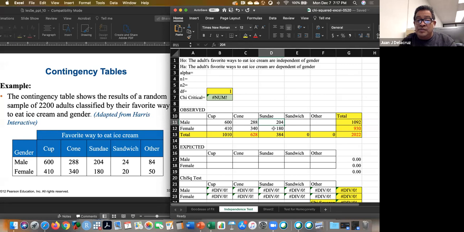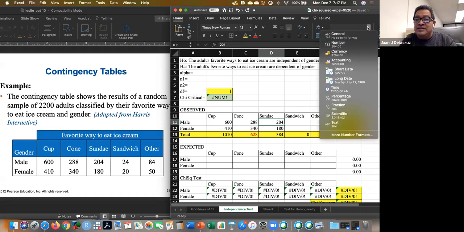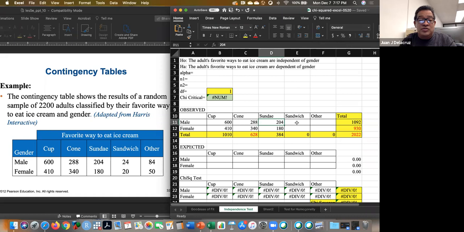okay. So sometimes when you get something weird here, like for example, I type something and probably the cell was recognizing a date. So I have to go to general, to this number. So you are setting up your preference for numbers. So this is general. So sometimes you need the percentage, you need the fraction, the scientific. So in this case, because this is data, I use the number, right? So sandwich 24 and 20, and others,